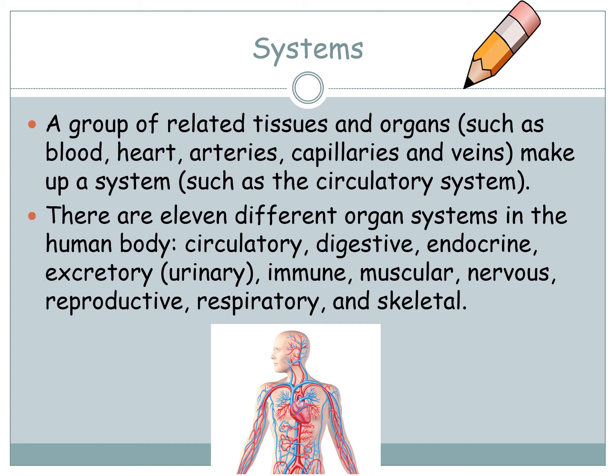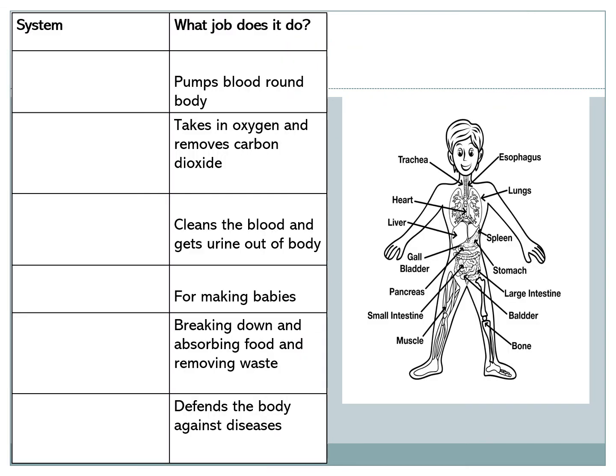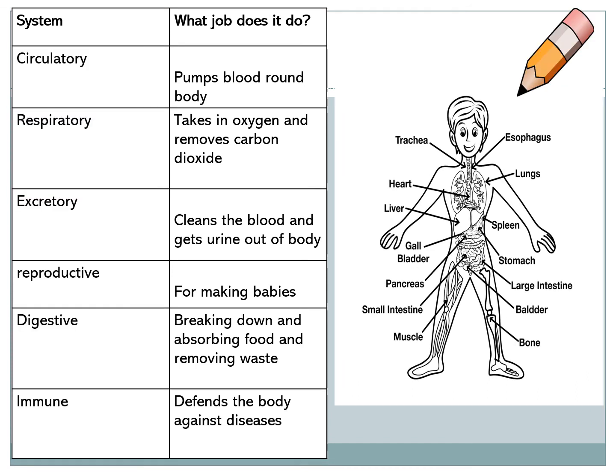There are 11 different organ systems in the human body, so we've got the circulatory, digestive, endocrine, excretory, immune, muscular, nervous, reproductive, respiratory and skeletal systems. So now try to pause the video and try to fill out which system belongs to which function before I reveal the answers. So the answers are that the circulatory system is the thing that pumps the blood around the